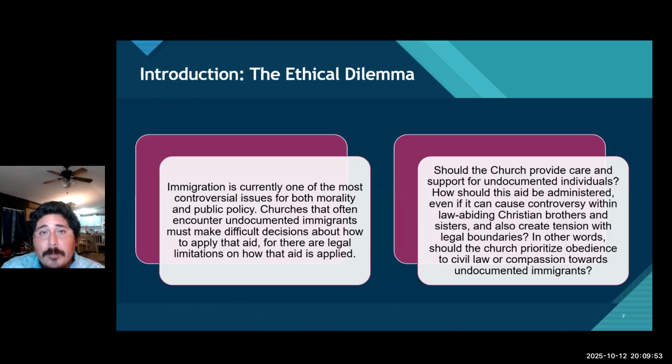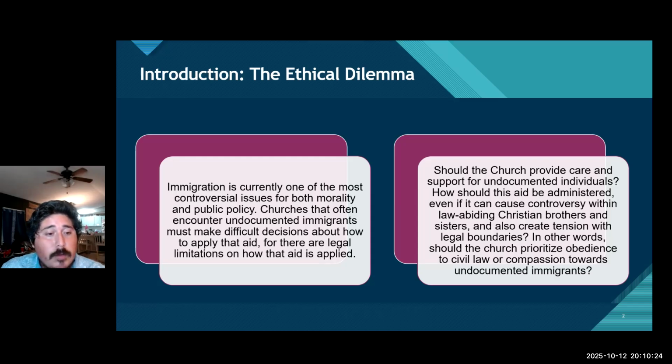Based on the title, as you can see, this is not going to be an easy topic to talk about or present. In no way is this a political presentation, but it is going to try to be as faithful to biblical and ethical principles as possible. In this introduction, immigration is currently one of the most controversial issues for both morality and public